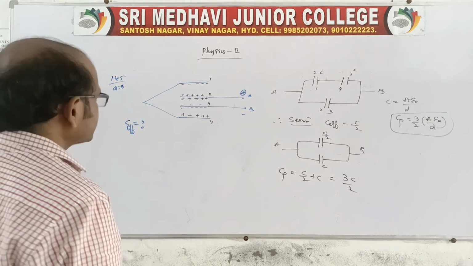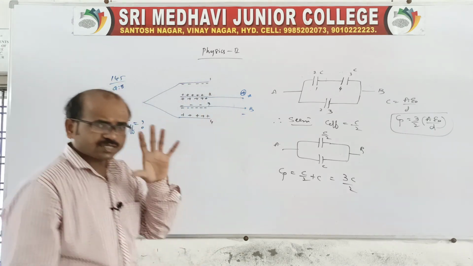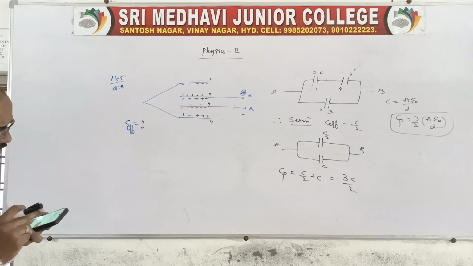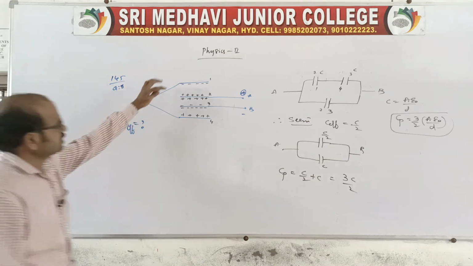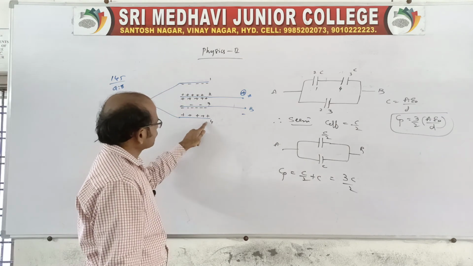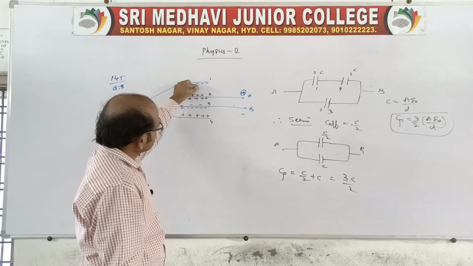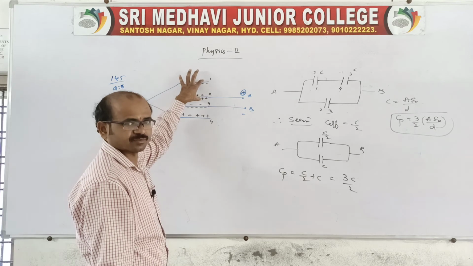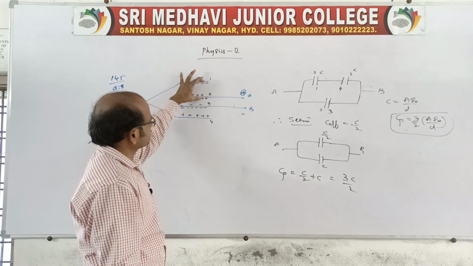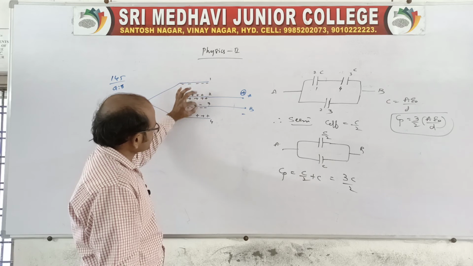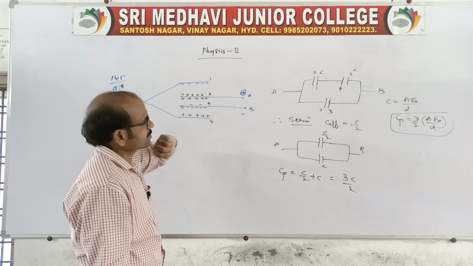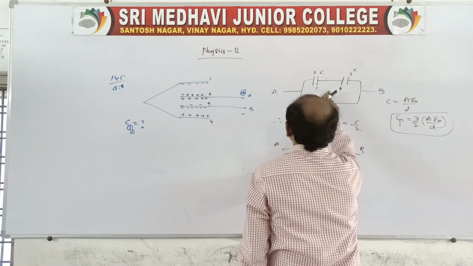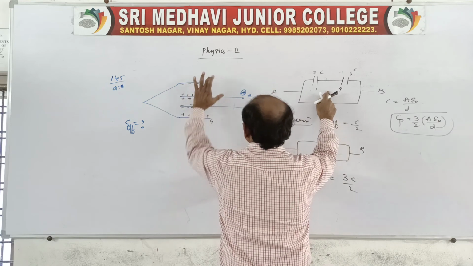If anyone has a doubt, I'll explain once again. Look into the question properly, so that ultimately you will get the idea. This one is directly connected to the 4, and 1 is influenced by the 2. So 1 and 2 form one capacitor system, and 2 and 3 also form one capacitor system, and 3 is connected to the 4, so that we get 3 capacitors. 1 and 4 are joined because they are directly connected, and 1 is connected to 2.